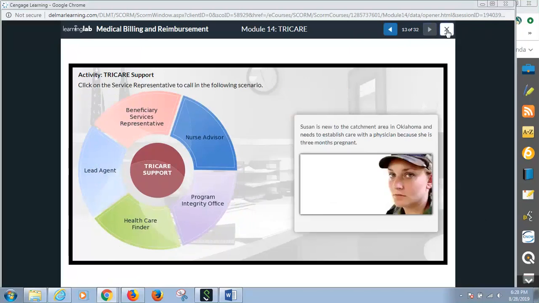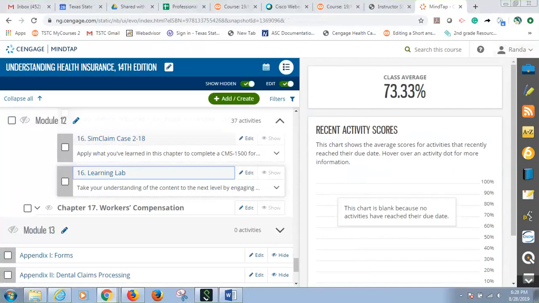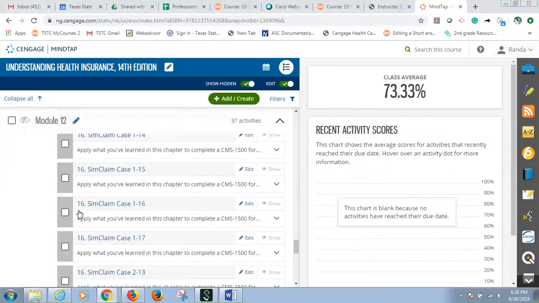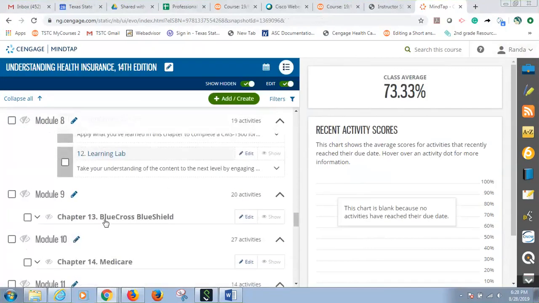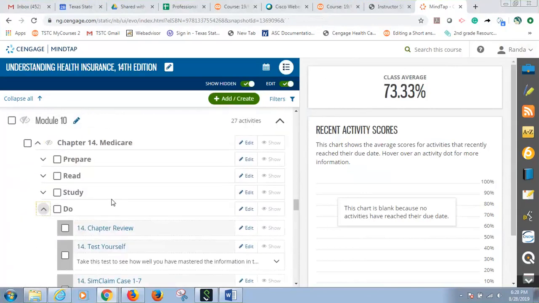Let me go to one I haven't done yet. I want to show you all from the beginning what it looks like. Let's see, Medicare. I don't know if I've ever done that one yet.